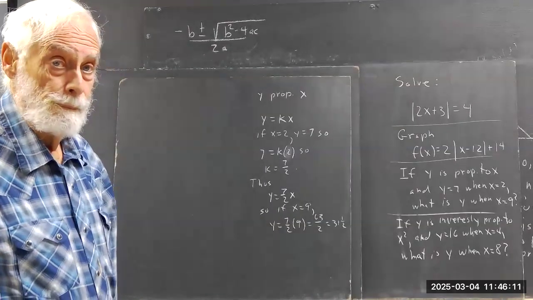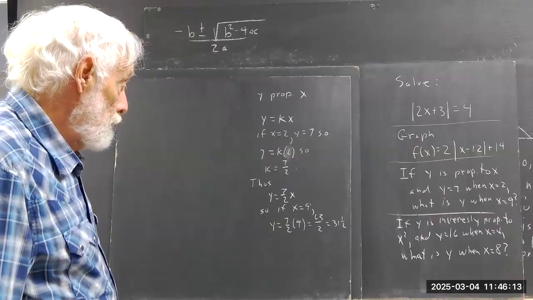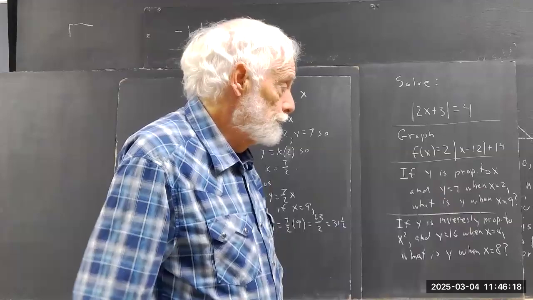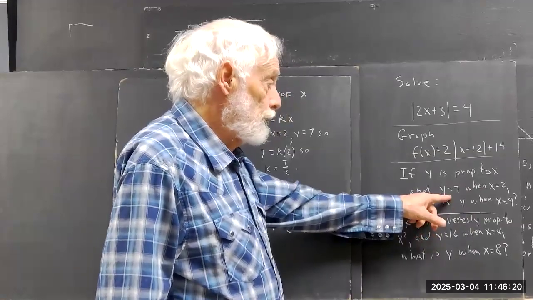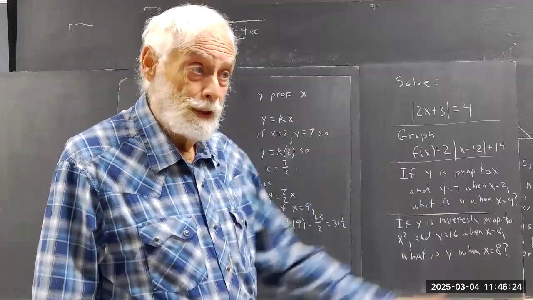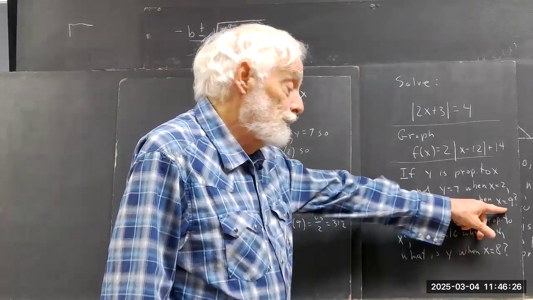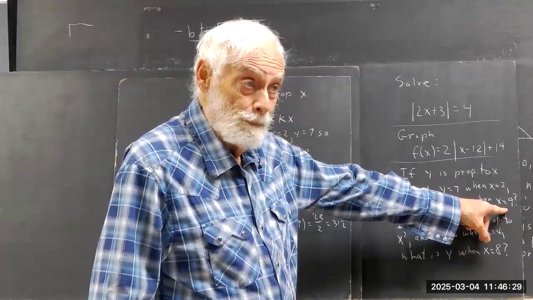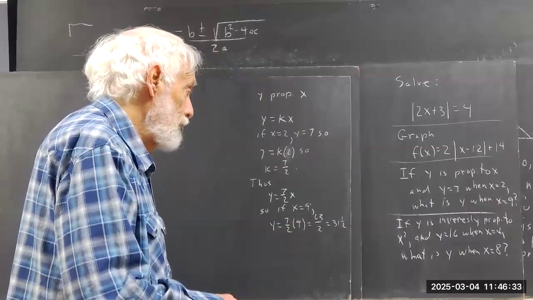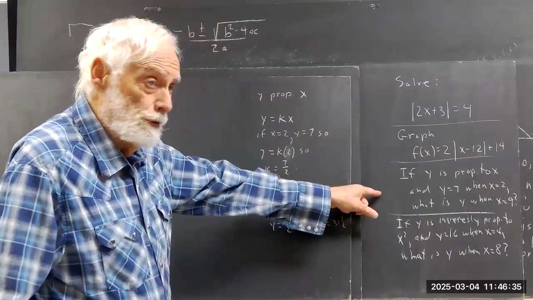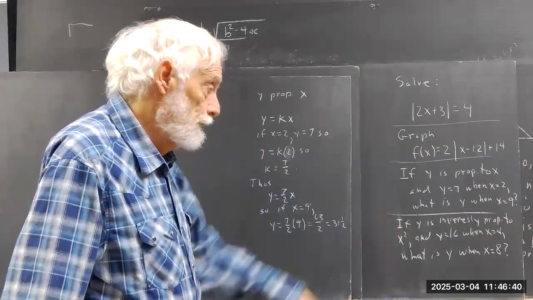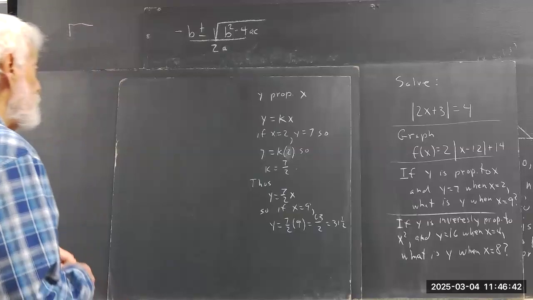Okay. Now, there are other ways to see it. If y is proportional to x and y equals 7 when x equals 2, that means y is 3.5 times x. 3.5 times 2 is 7. So you do 3.5 times 9, you're going to get 31 and a half. But I want to see it written out formally because you can't always see it as clearly as you do with the direct proportionality. If you have an inverse proportionality with the square,